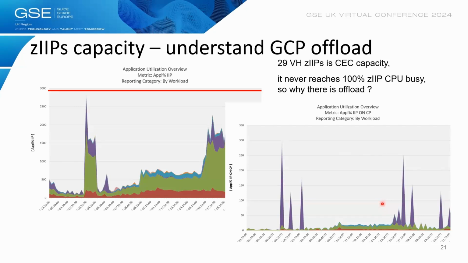And here is a picture to understand a few facts about the offload. We are seeing here that this customer was running the zIP. The zIP capacity maximum is here, and he was almost touching it, once maybe, right? But regardless, he was touching it once. We see the offload here. It's happening, let's say, maybe not regularly, but from time to time, right? We see that it never reached 100%. So why is there an offload? I will maybe explain it on the next slides.